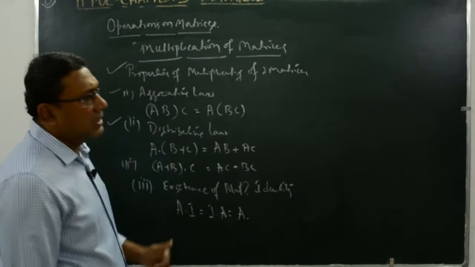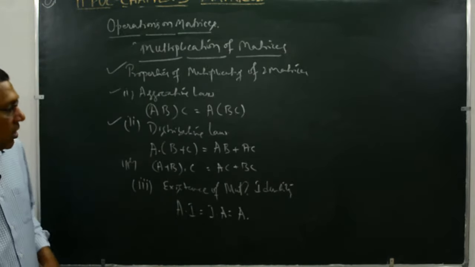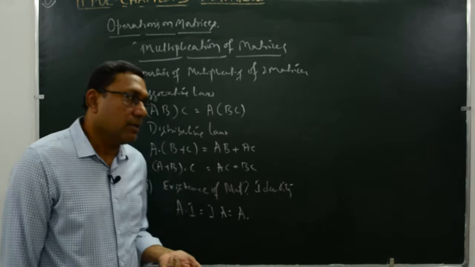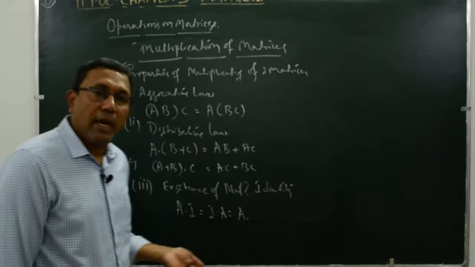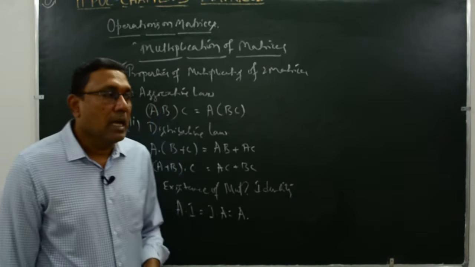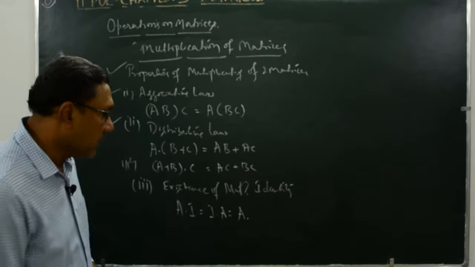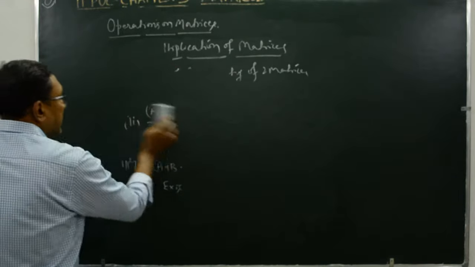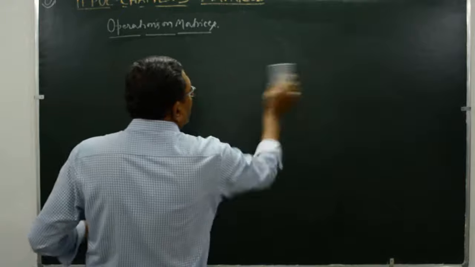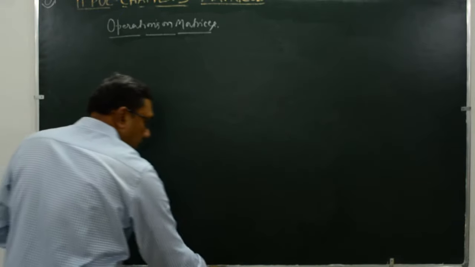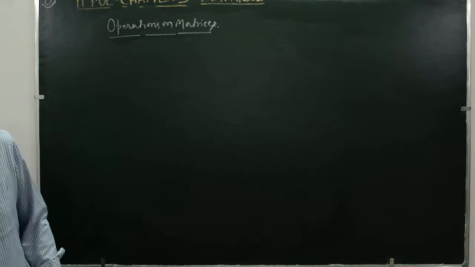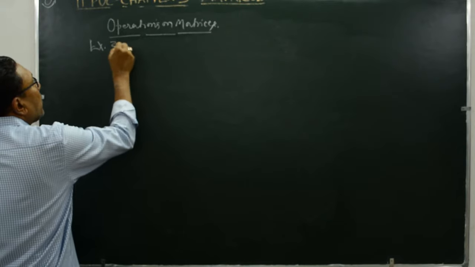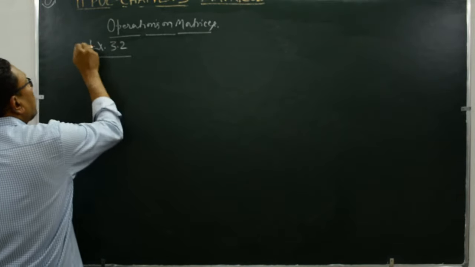So this is the kind of introduction that we have gone through on operations on matrices. You can add two matrices, you can subtract two matrices, you can multiply a scalar quantity to a matrix, and multiply two matrices. Let us straight away go to the exercise part of matrix theory, and we will solve problems one by one. The first problem, I am referring to Exercise 3.2 from the prescribed textbook.